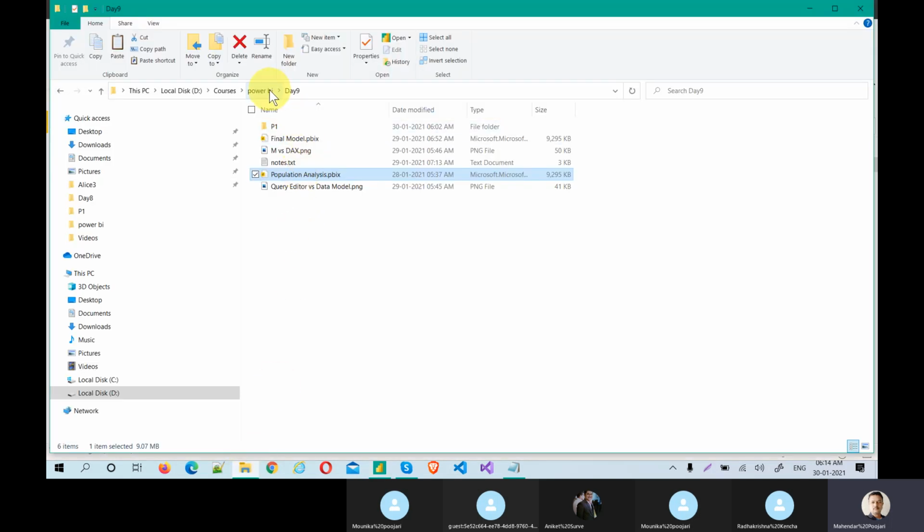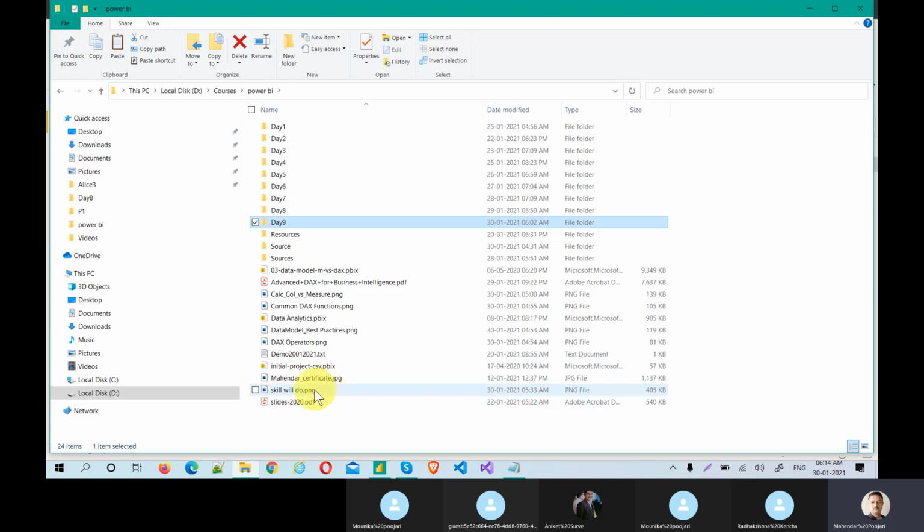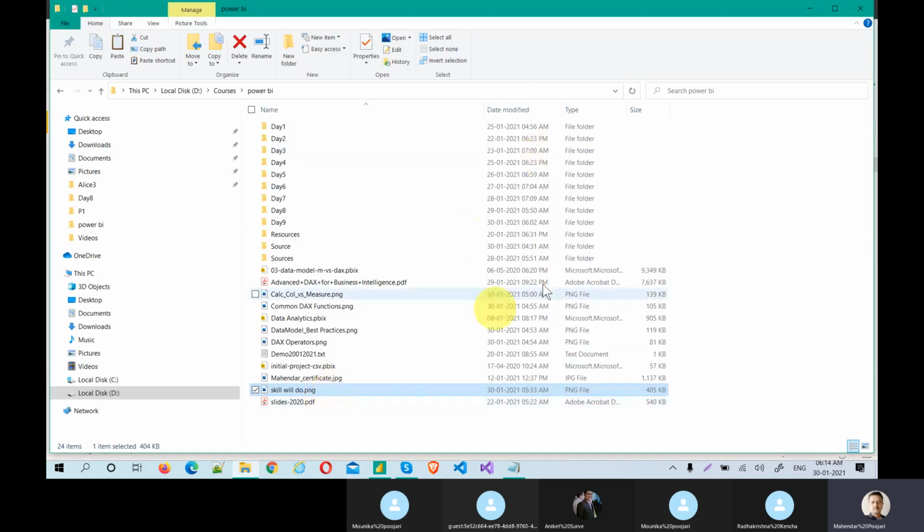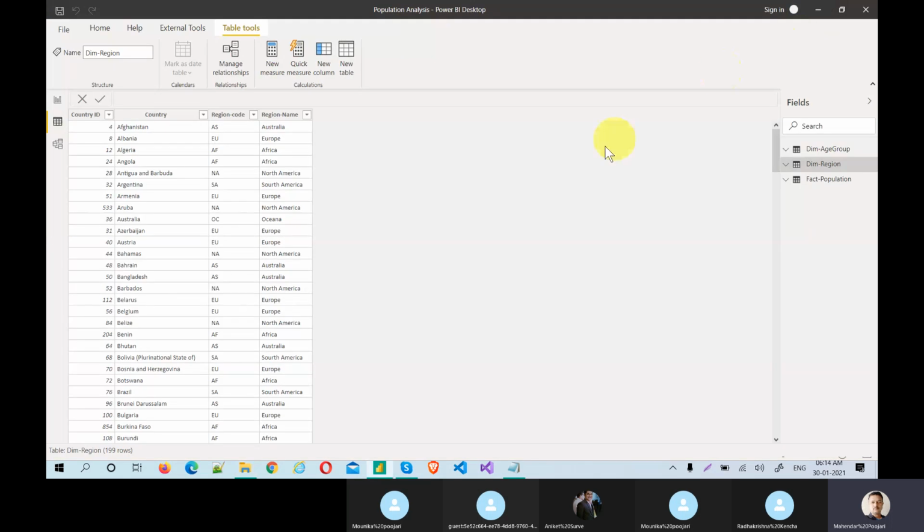See, let me show you one of the skills we will do. So you want to learn Power BI, you are here and you just started learning, and I'm promising you that you can do it once you are in the project. This is the skill we will do. It's theory, but I'm telling you, it is possible. Nothing to worry about.